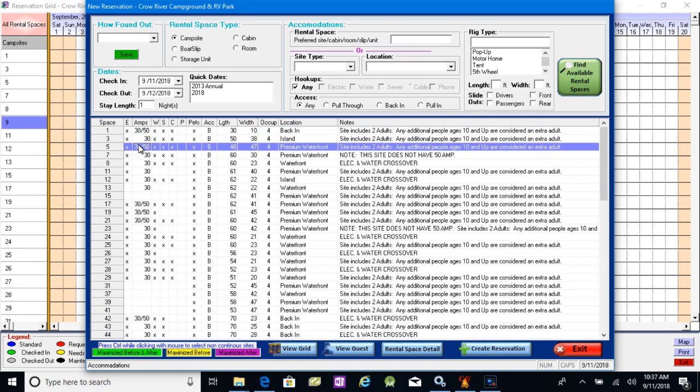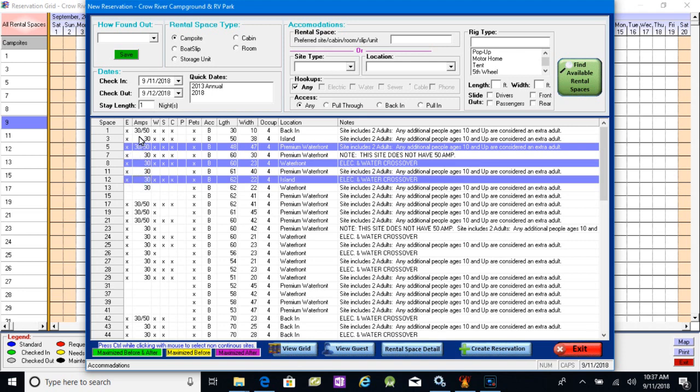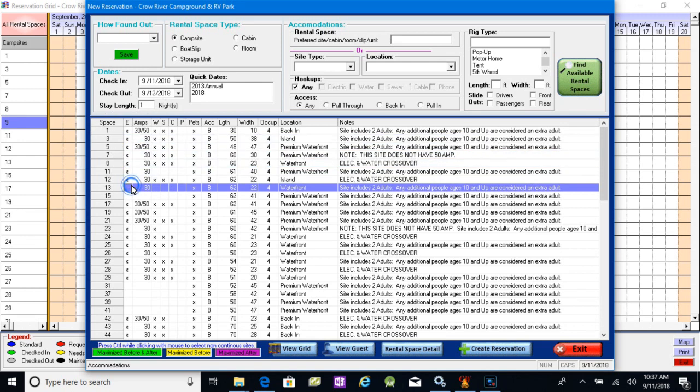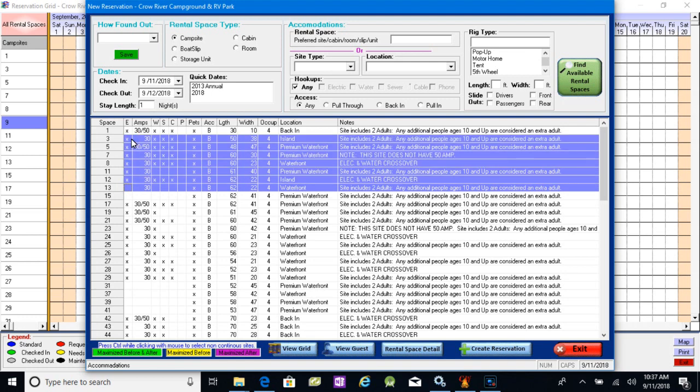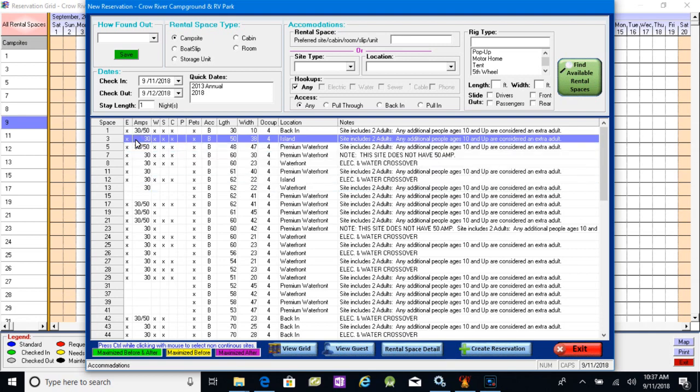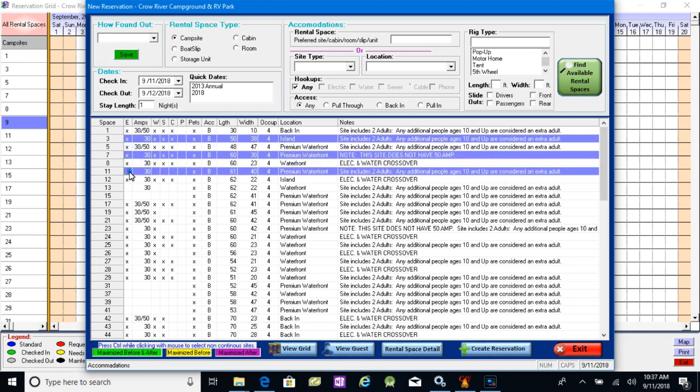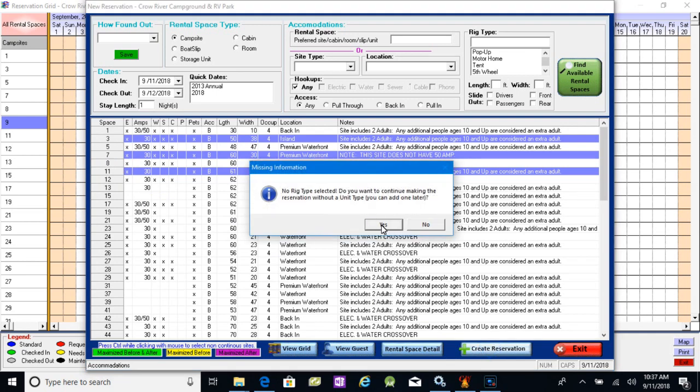So let's hold down the control key, and you can select whatever site that you want. So let's say we want those 4 spaces. If I hold the shift key, it's continuous, so if I click one and then shift, it'll do everything in between. If I don't hold down a key and just click, it'll get the individual site. And if I hold the control key and click, I can select any site. So let's say we take those 3 sites, create reservation,